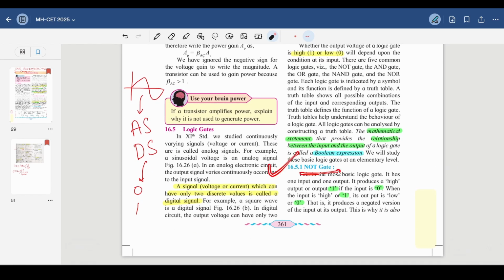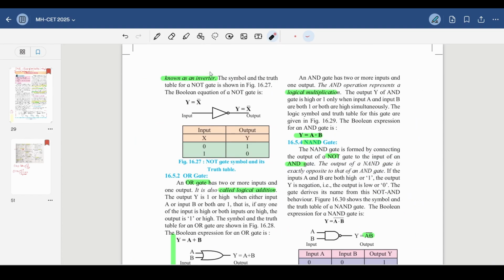The first logic gate is the NOT gate. Okay, so नाम से पता चल रहा है नॉट मतलब नो, मतलब कुछ तो opposite होगा. So it's simple. NOT gate is simple. Whenever the input is 1, the output will be 0. And whenever the input is 0, the output will be 1. So basically a NOT gate is called an inverter. It would invert: 1 becomes 0 and 0 becomes 1.